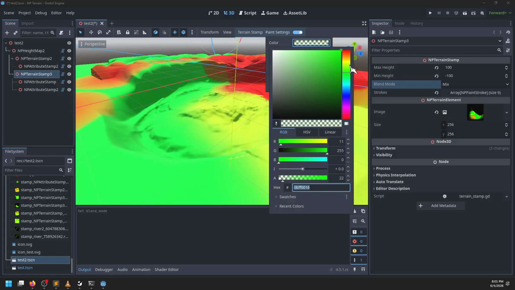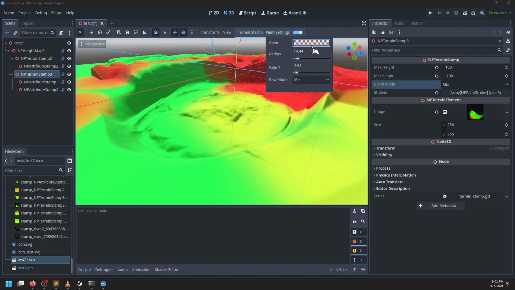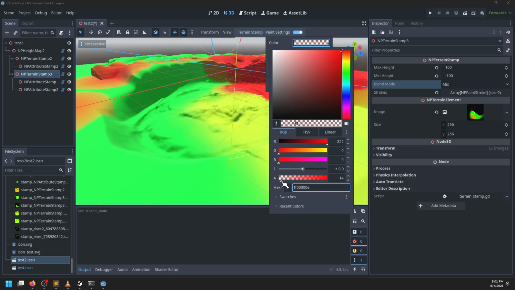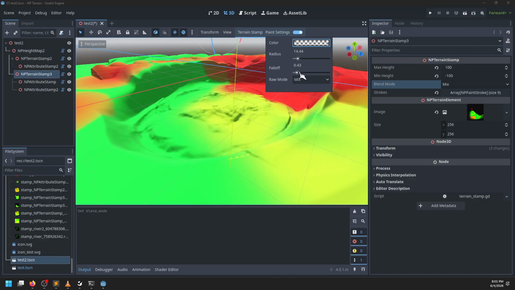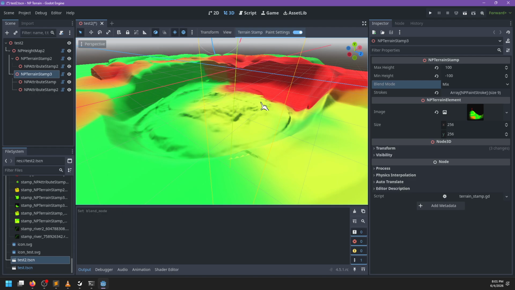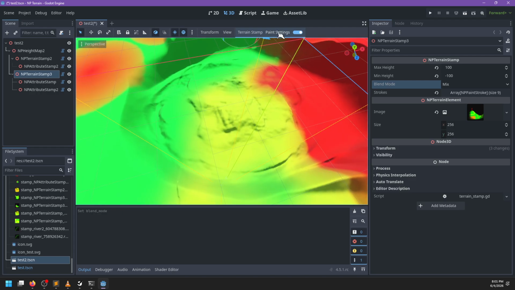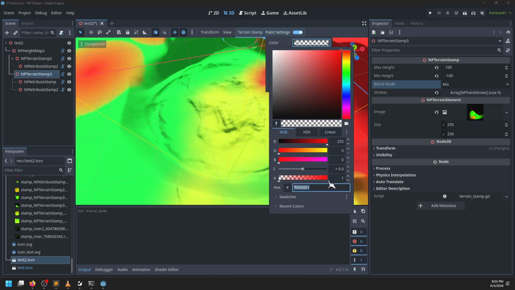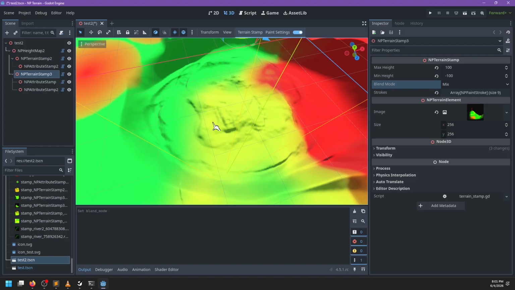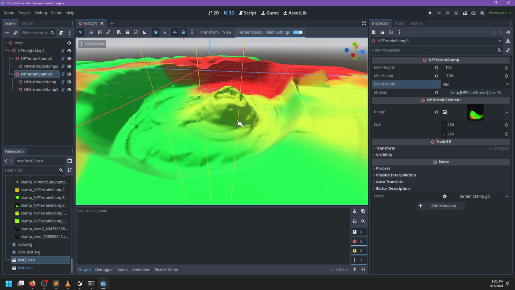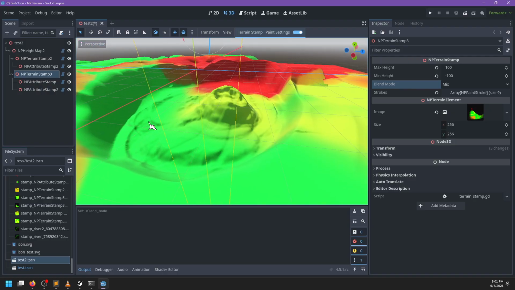Yeah, so let's go back to red. Let's go very low opacity, like maybe 1 even. And then this should be good for that. And then we add here. Too low. Let's do 3. 4. There we go. So now we have a much more traditional terrain editor experience here, where I can just paint in things,